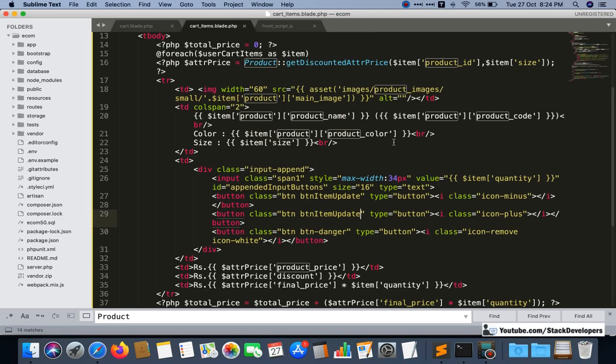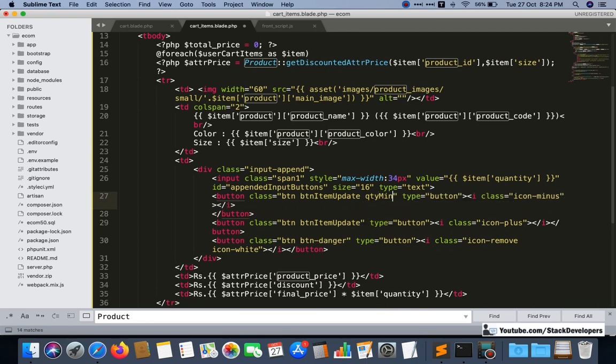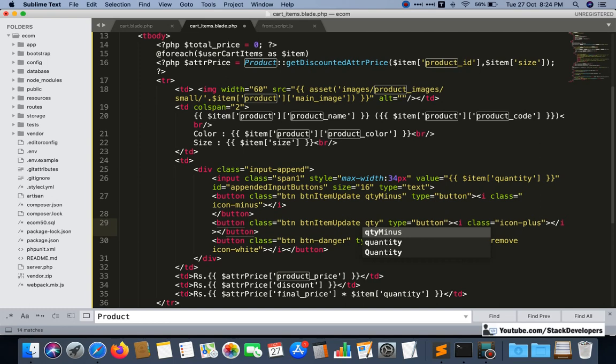And one more class I am going to give: for this one, minus, I will give quantity minus, and here I'm going to give quantity plus, as it is going to increase by 1.